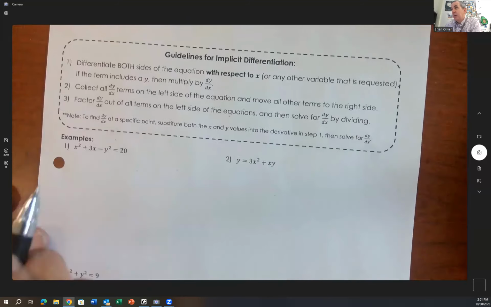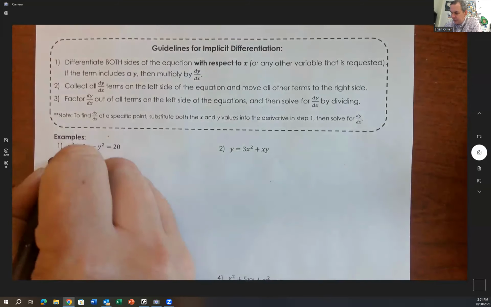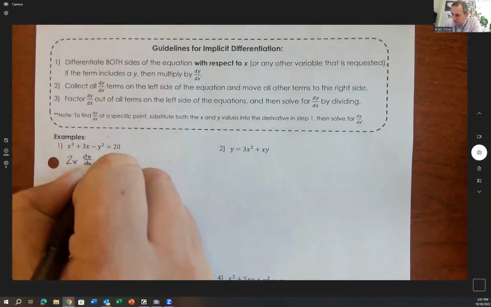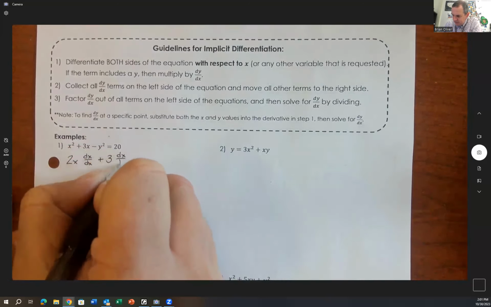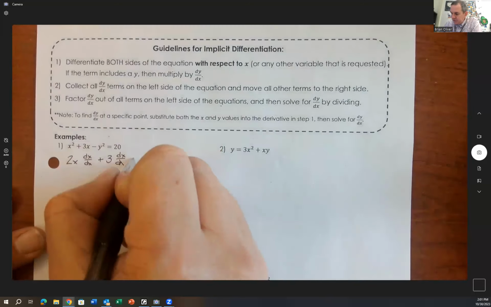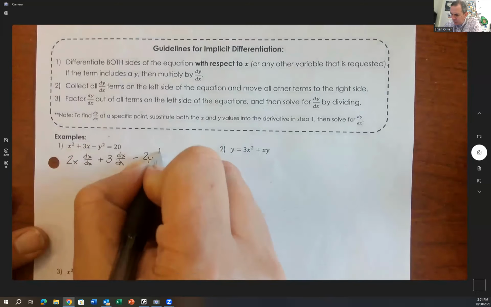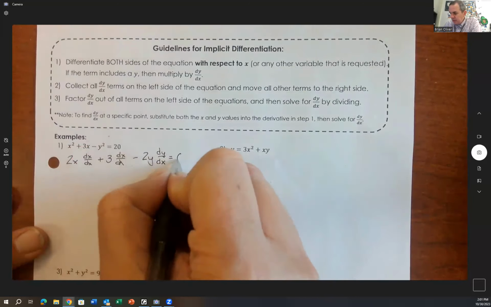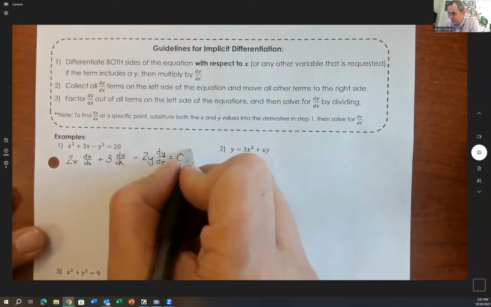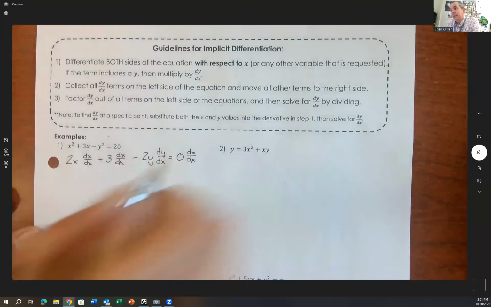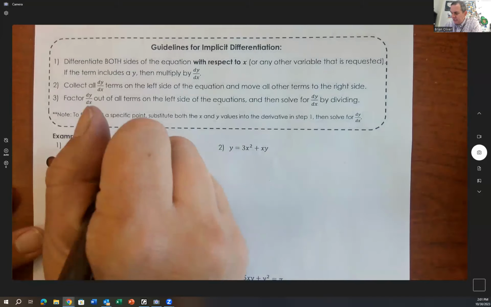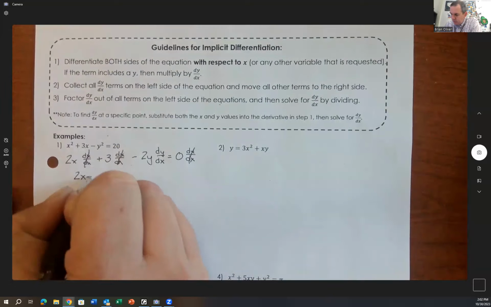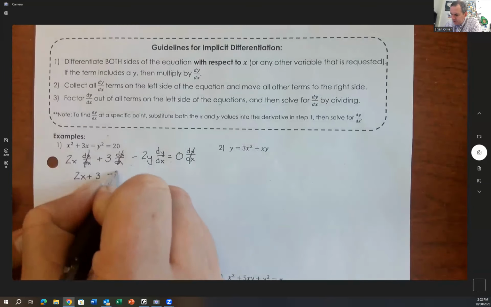So in this case, if I were to take the derivative of x squared, that is going to be 2x dx/dx plus 3 dx/dx minus 2y dy/dx equals 0, and it's technically dx/dx as well. But notice these dx/dx's all divide out to 1, so this just becomes 2x plus 3 minus 2y